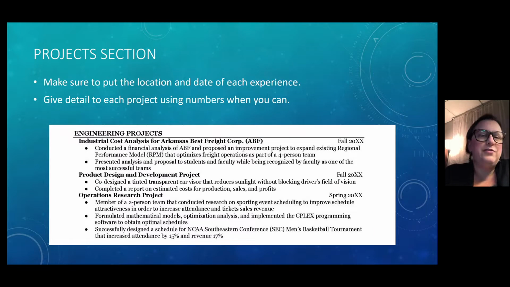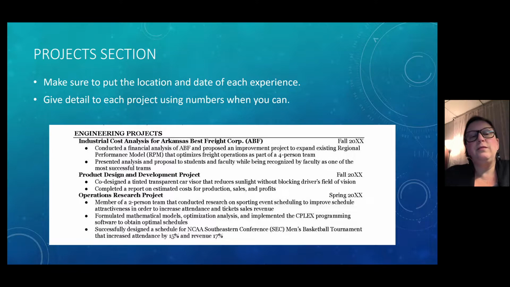And so your project section, now this is going to be where you put the bulk of your experiences, and most of these are going to come from your classroom setting, from your lab setting, or even personal projects that you may have done. You want to give detail for each of the projects that you've done because this is really going to highlight where employers will see that you have the relevant experience that they need to bring you into their organizations.